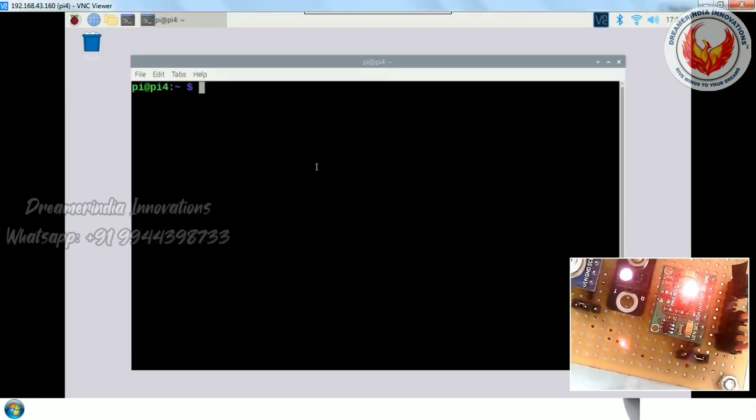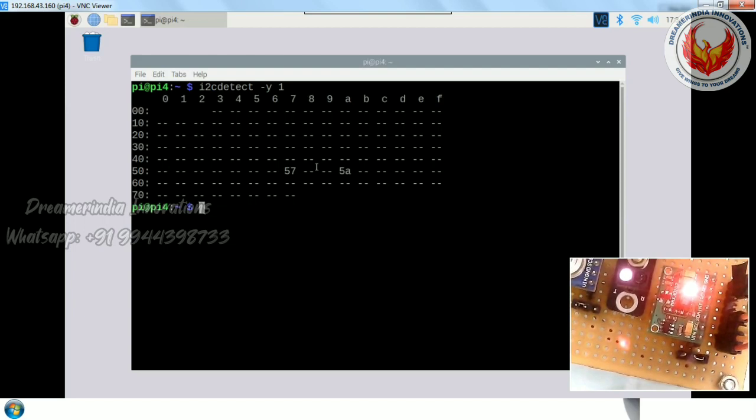So this is the terminal, and let me check the I2C connection. For that we use the command i2cdetect -y 1, so that we can see the list of I2C devices connected to the Raspberry Pi. Here I have connected two I2C devices. One is Max 30102. Its I2C address is 57. I'm just checking whether it is properly connected. Okay, it's properly connected. So this is the address we need. This is another device, just leave that. So 57 is properly connected, so the pulse oximeter sensor is properly connected to the Raspberry Pi.